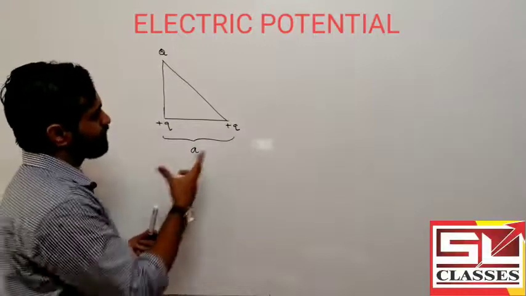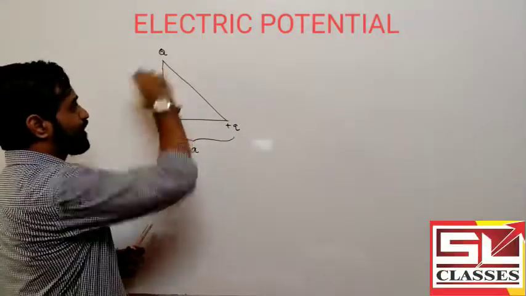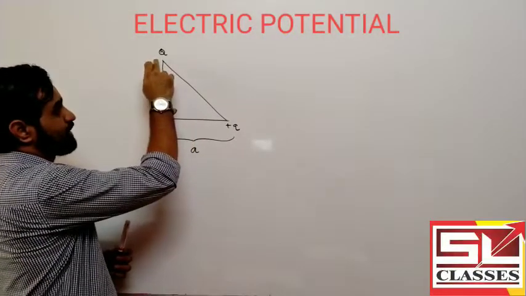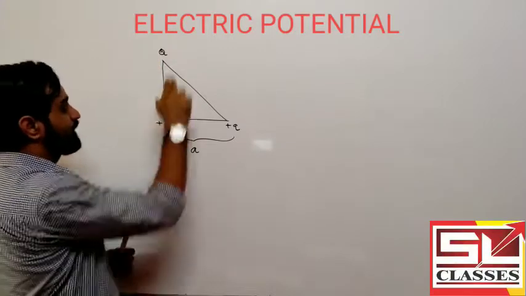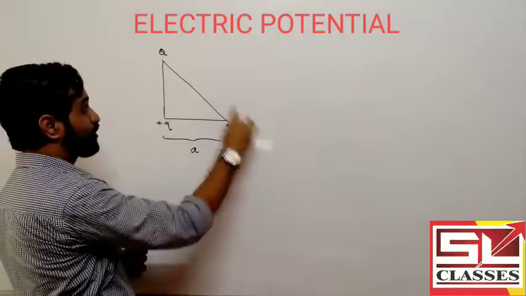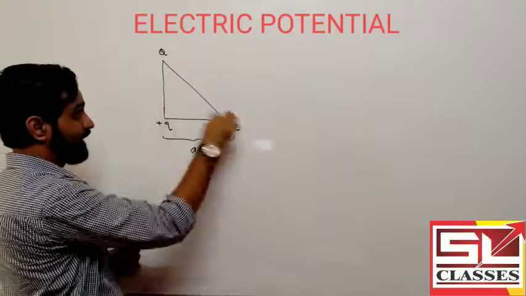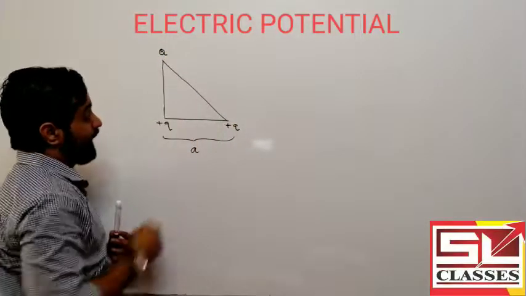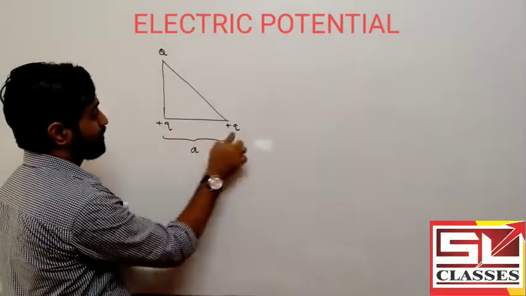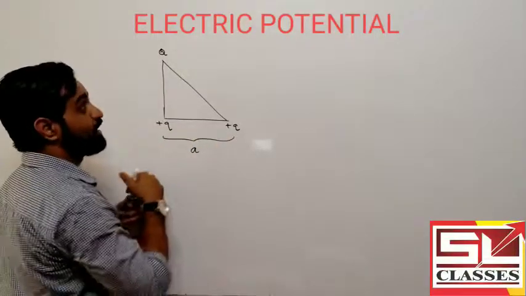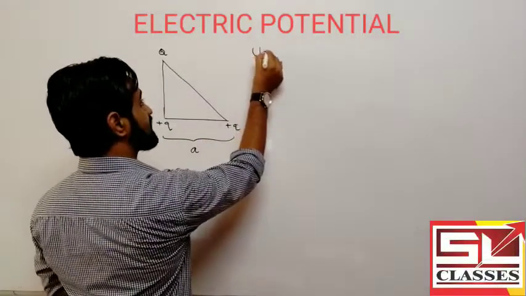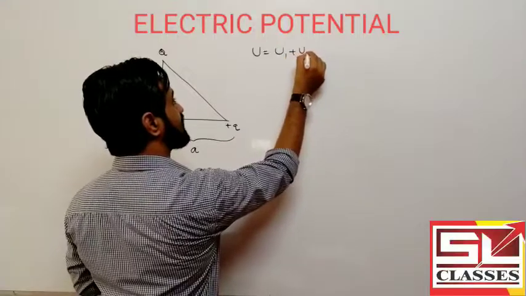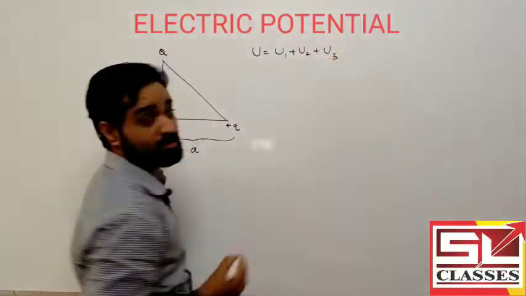Okay, again, this is a simple question. There are 3 pairs of charges. One pair is capital Q and small q. The other pair is this capital Q and small q with the distance, this diagonal or this hypotenuse length, and the 2 positive small q charges with the distance A. So total potential energy will be the sum of these 3 potential energies, U1 plus U2 plus U3, right?